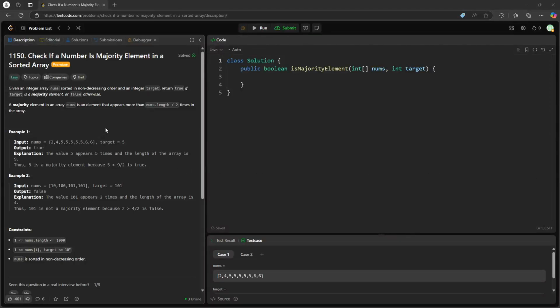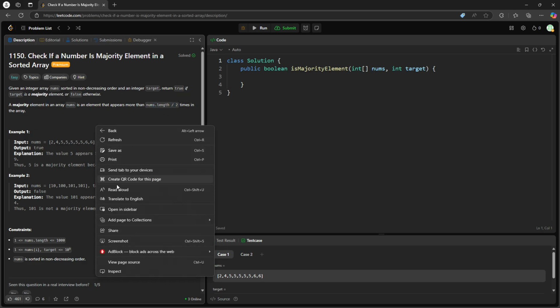Hi, so this question is check if a number is majority element in the sorted array. Basically you want to return true or false. True if target is majority element, false otherwise. A majority element is one that appears more than half. That pretty much is the